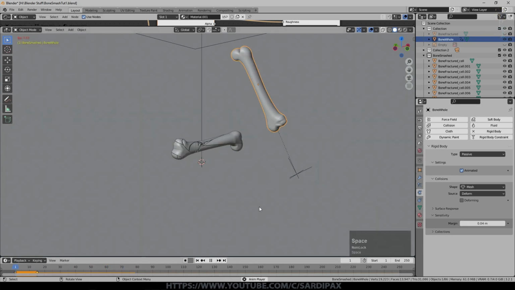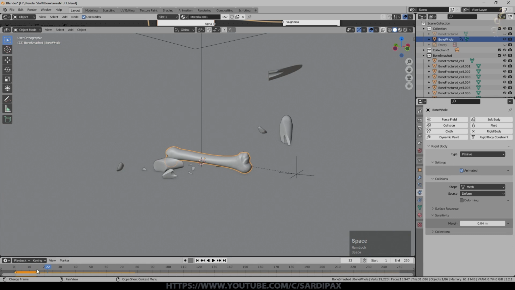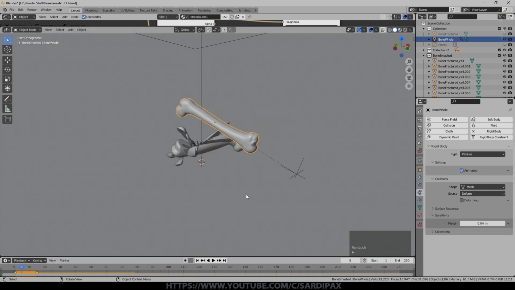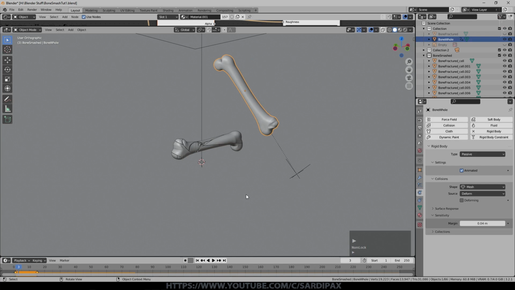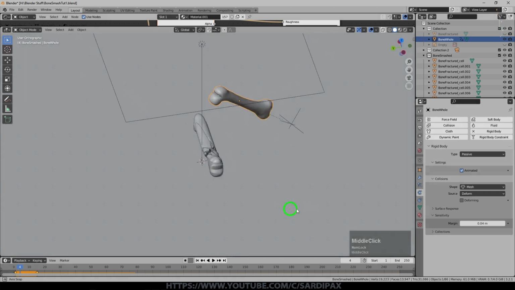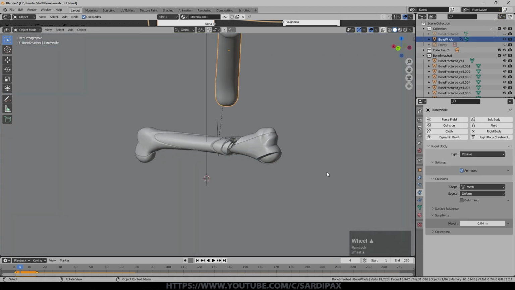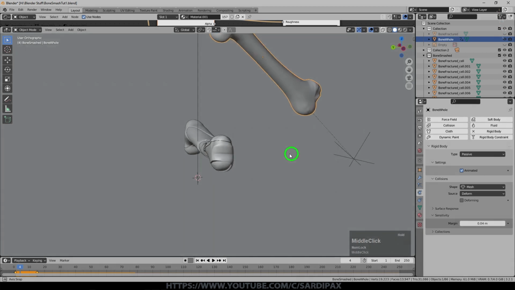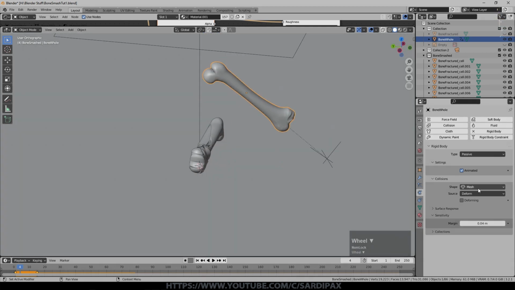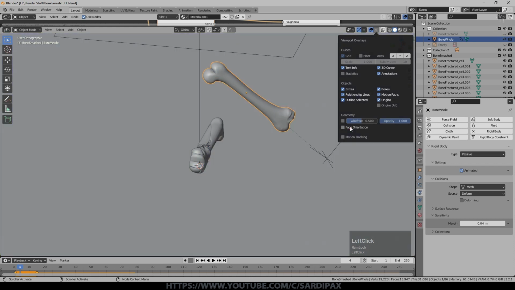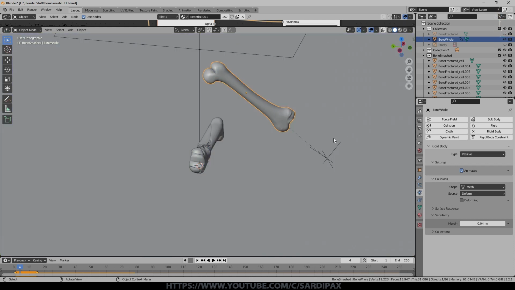So if we have a look at this, we may see that it actually shatters, it starts moving before the other bone actually reaches it. So there it is, and while there is a margin on it, it's very small and should in no way be affecting this bone. I think this is a bug. I can't see any reason, given this is under mesh, that should be working that way. And we can even check face orientation, there's no problem there.